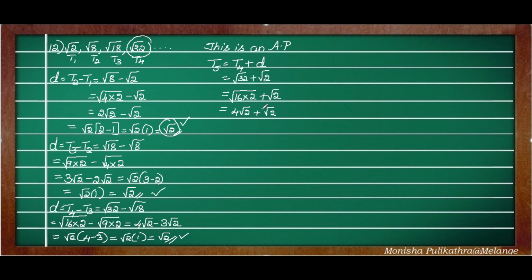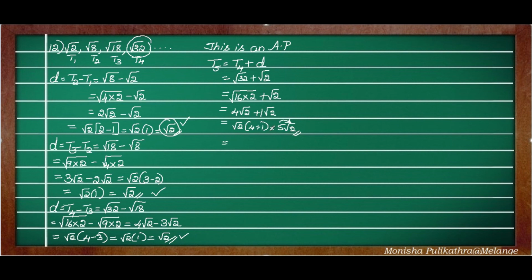If root 2 means 1 root 2, then when we take root 2 common, it will become 4 plus 1, that is 5 root 2. And again we can't place it as it is, because we have already taken the square number out of it. So it has become a whole number outside. We can't write it in an irrational form. So take this 5 inside the square root.